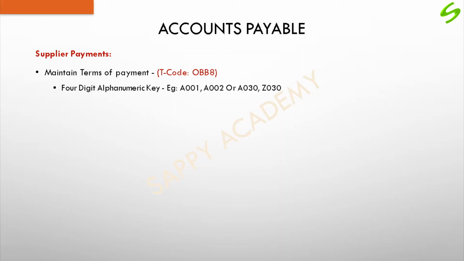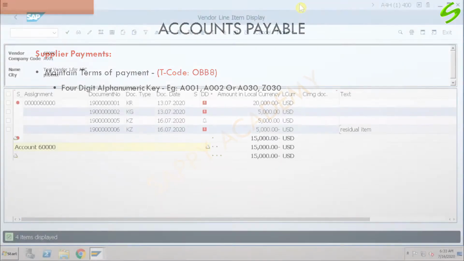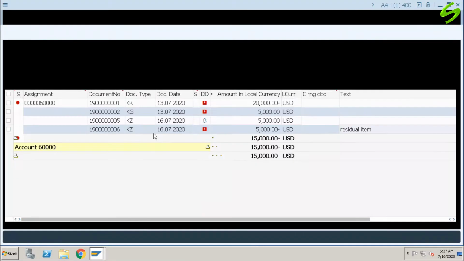We can give an alphabet along with the due days. For example, A30 due in 30 days, A45 due in 45 days. Instead of A, I can use Z, Z30 due in 30 days, Z45 due in 45 days. This purely depends on the company how they want to name the payment terms. Let's switch to SAP and look at how payment terms are defined.